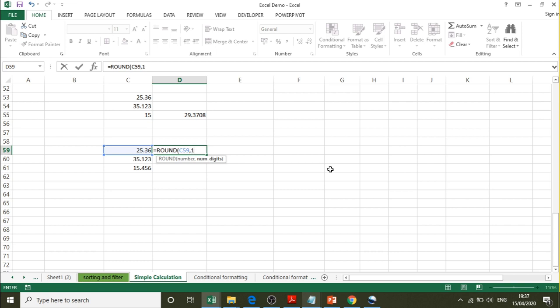I will just give 1. That means after the decimal point I want only one value. It should round off, removing the 6 and updating it as 25.4. You see here, this is how we get this result.